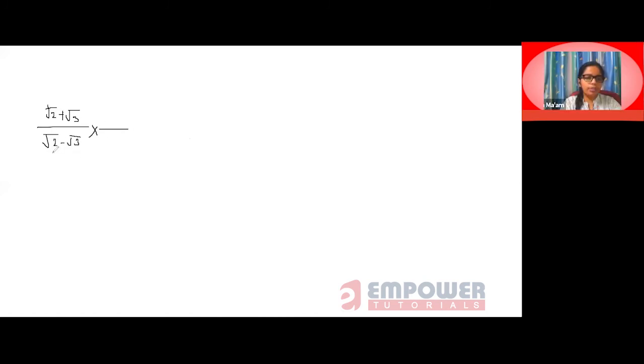So the conjugate pair of this will be a plus b. So this will be equal to root 2 plus root 3, right? I need to multiply this to the numerator also. So root 2 plus root 3, which will be equal to (root 2 plus root 3) bracket square,